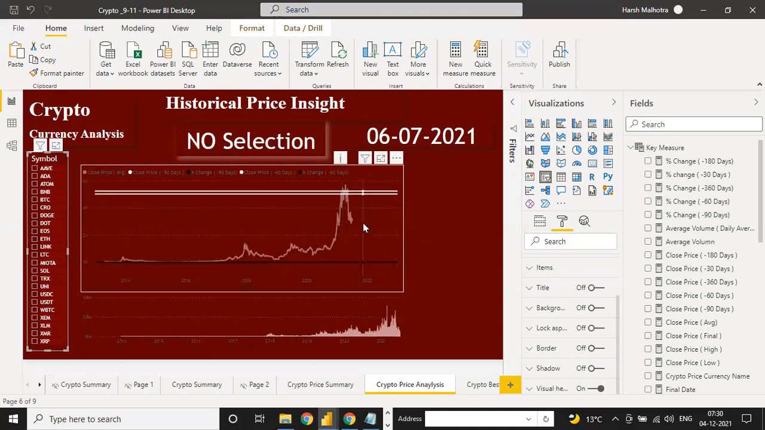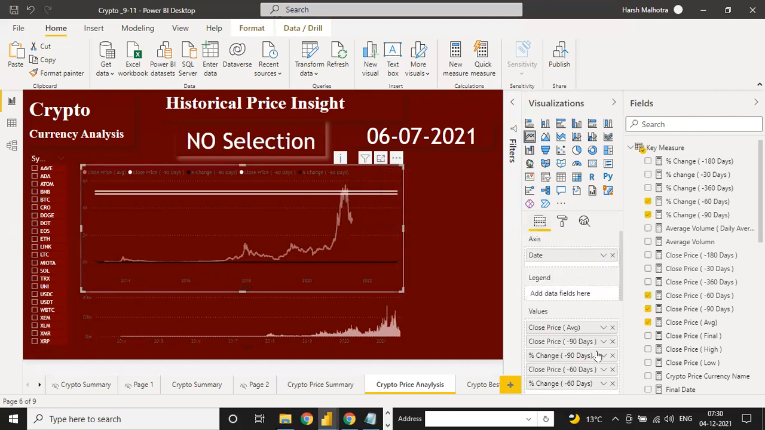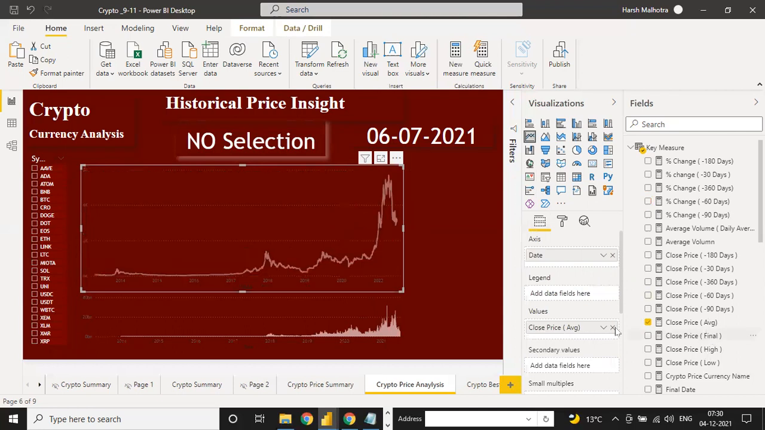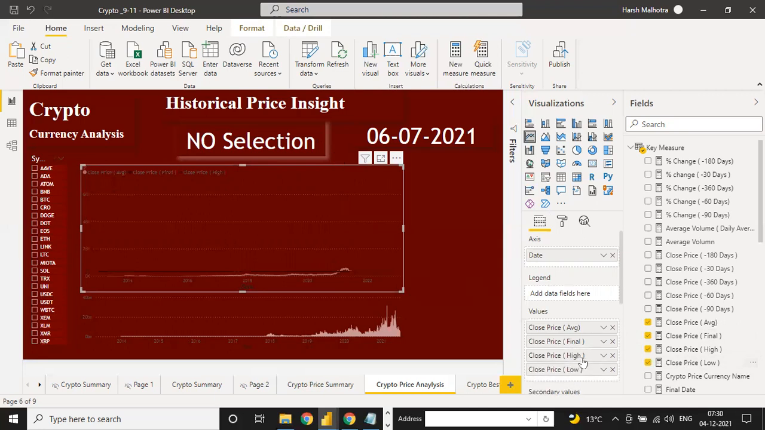Okay, same way you can change, but this is not a good way to change the percentage in one go. So I'm just telling you that you can change, but here we have average, close price average. You can put close price final also. Final is also important, high, and just put low. These four is okay. So just go to this,